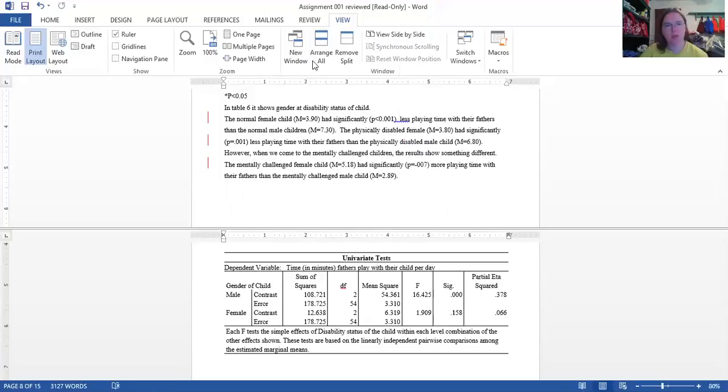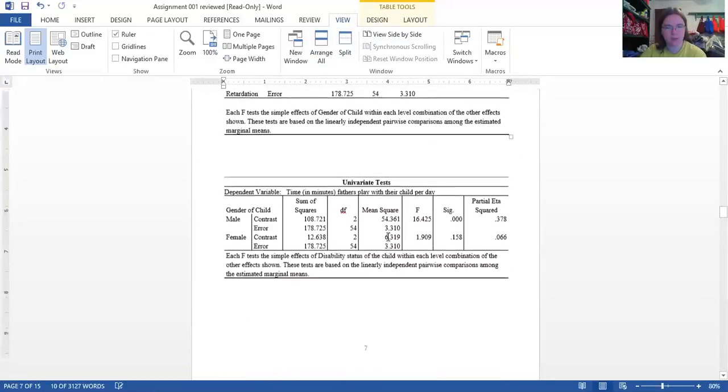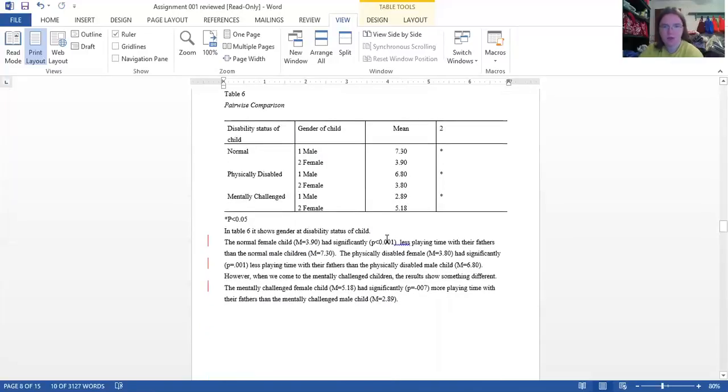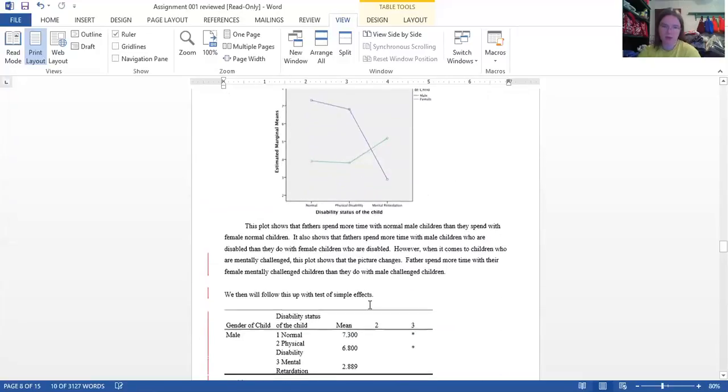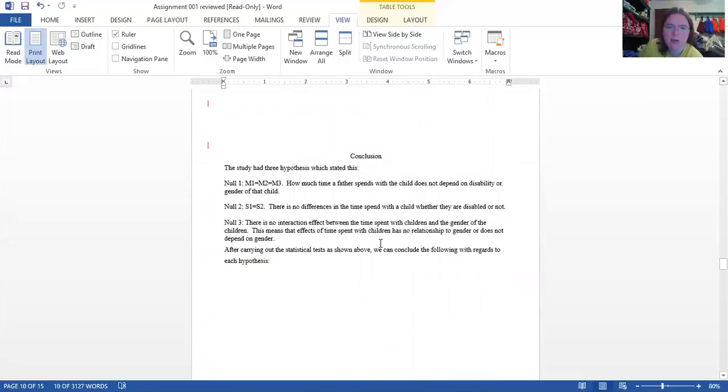Okay, so let's go back. You've talked about the pairwise for this, and you've also talked about the pairwise for this one. And so now the conclusion. This study had 3 hypotheses which stated this: how much time a father spends with the child does not depend on the disability of the child